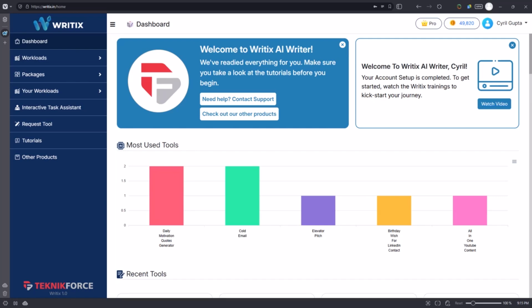A few days ago I saw a stat that really shocked me. Even today, only about 25% of small businesses have adopted AI, and the bulk of them, that 75% of them, have not adopted AI in their business. Well, that needs to change, and Writix is the right tool to change that, because Writix gives you AI, but